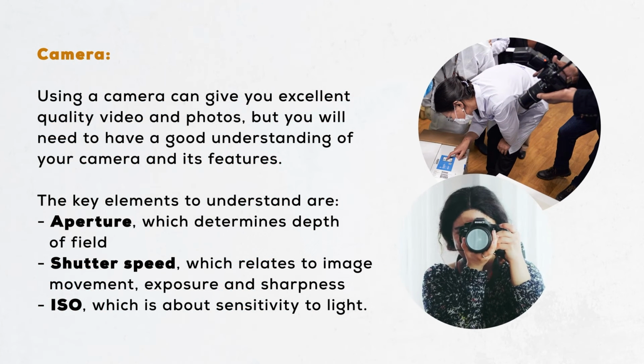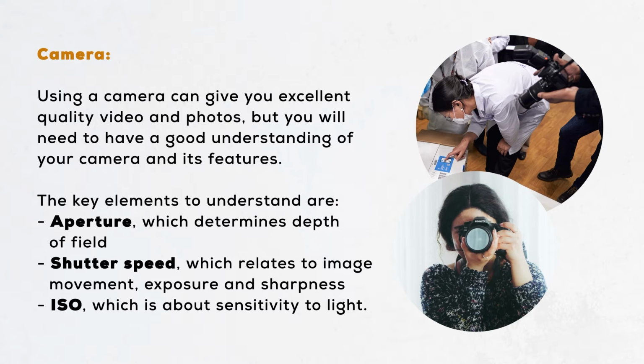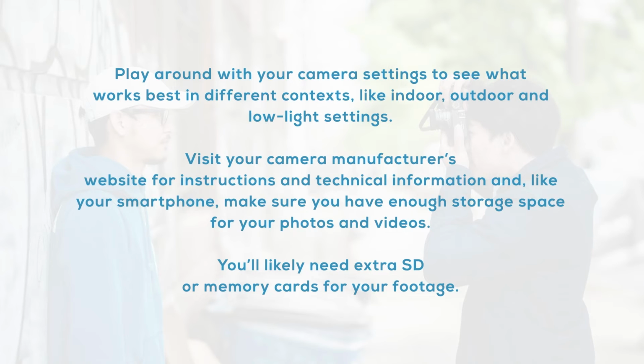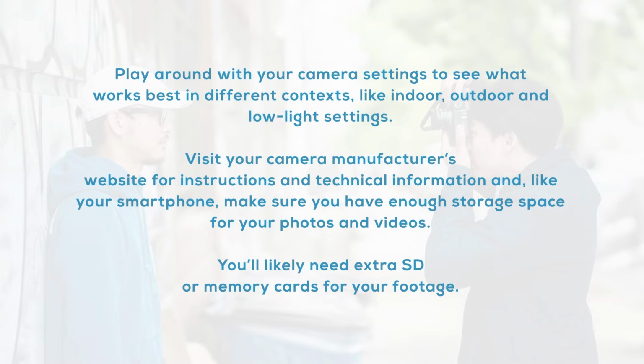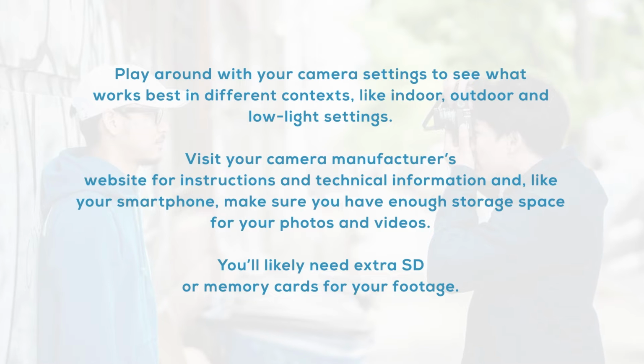Using a camera can give you excellent quality video and photos, but you will need to have a good understanding of your camera and its features. The key elements to understand are aperture, which determines depth of field; shutter speed, which relates to image movement, exposure, and sharpness; and ISO, which is about sensitivity to light. Play around with your camera settings to see what works best in different contexts like indoor, outdoor, and low light